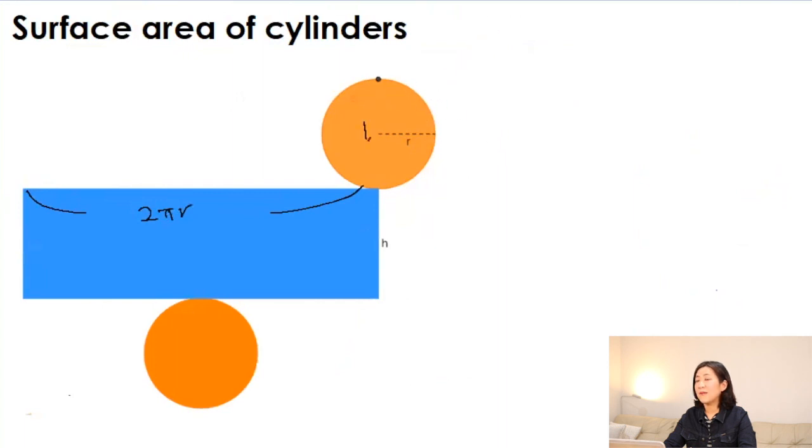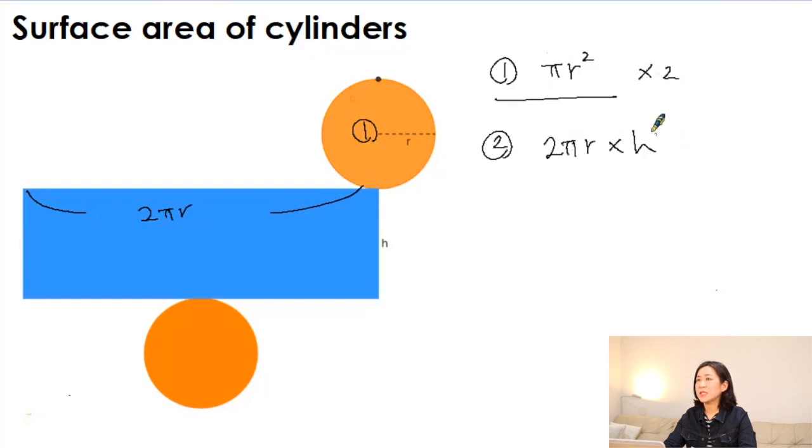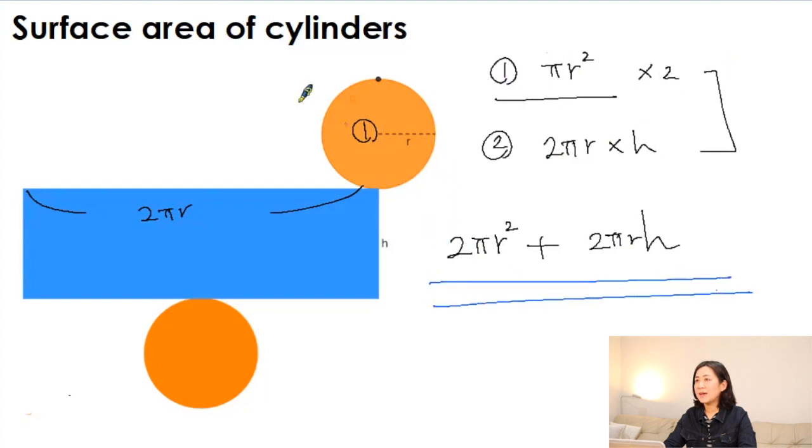So now let's find the formula for the surface area of the cylinder. First of all, the length of the rectangle will be 2 pi r. Then our height will be the width. Then you've got the circles. First, let's find the area of a circle. We've got two circles, each pi r squared, so that's 2 pi r squared. Then the rectangle in the middle is 2 pi r times h. So we add them together. Finally, the formula for the surface area of the cylinder is 2 pi r squared plus 2 pi